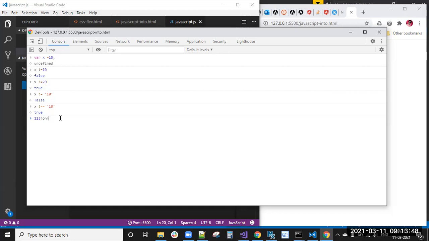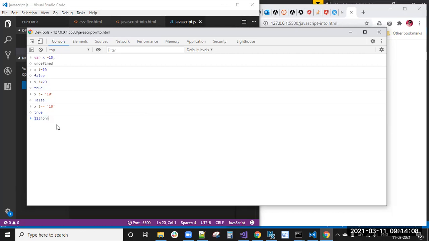ECMAScript is the standard that gives the general instructions to JavaScript developers. ECMAScript developers instruct JavaScript developers not to declare a variable name starting with numbers.